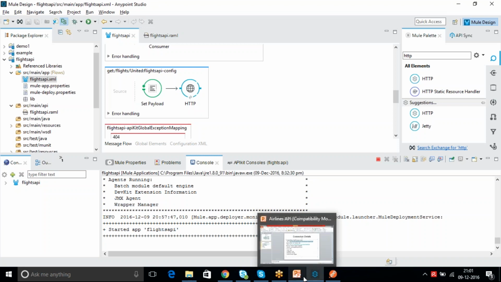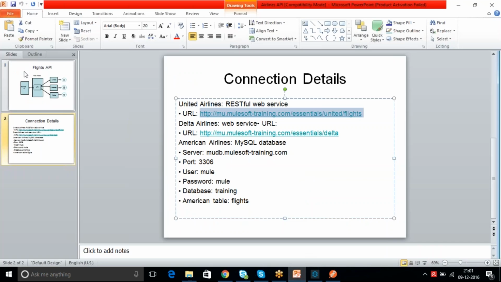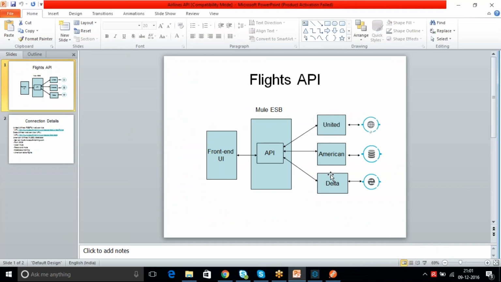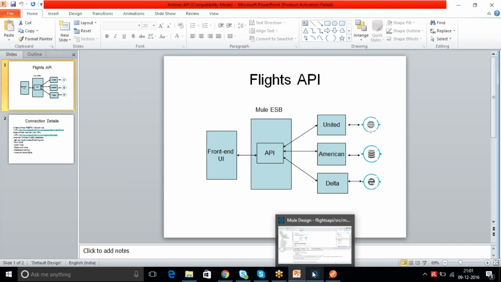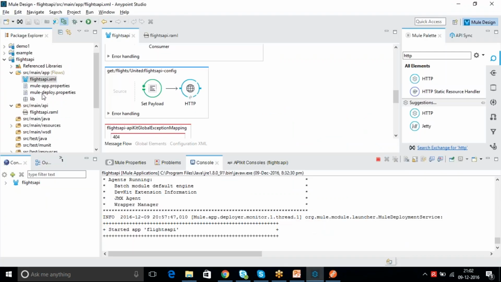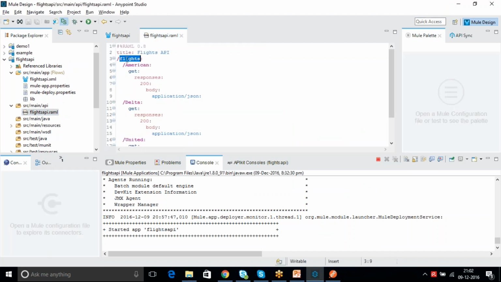Okay, let me rewind what we did in today's class. We designed a RAML API that connects to 3 different airline systems, United, American and Delta, with 3 different kinds of destinations, which are database, RESTful service and web services, and we connected it and were able to get the information individually. First we designed the RAML API, and we took flights as the main resource.